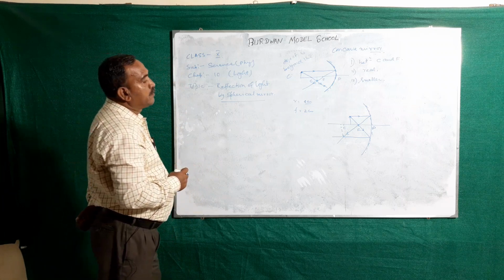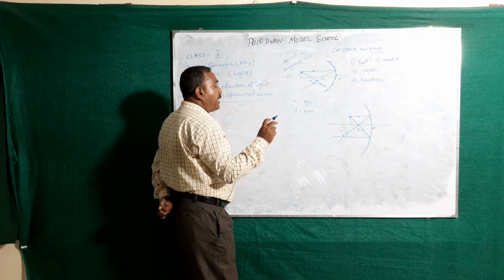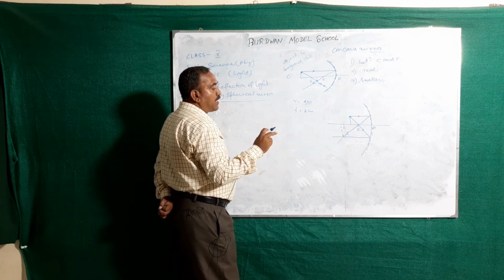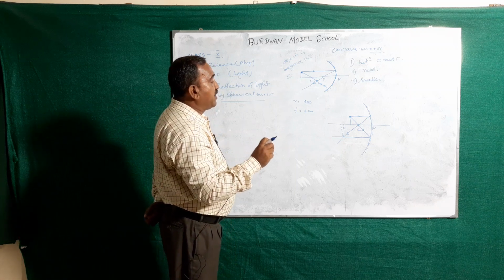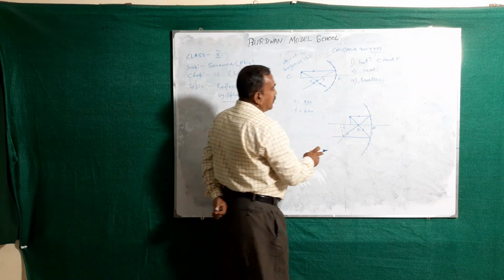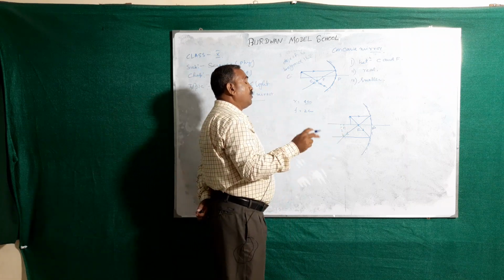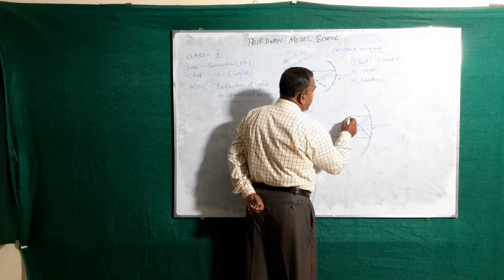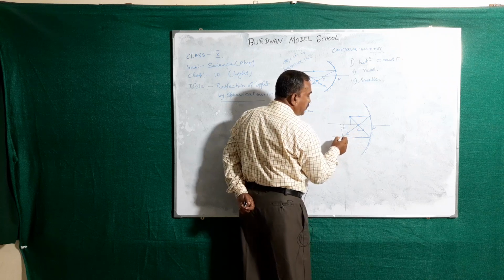Okay? With the help of the pen, pencil, scale and compass, that time you will see the diagram will be 100% correct. You cannot try freehand. You always do it with the help of your geometry box. This is the height of the object. That is the height of the image.